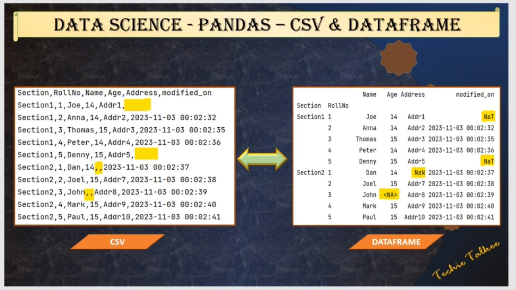Hello viewers, in this video, I'll walk you through the methods of converting a CSV file to a data frame